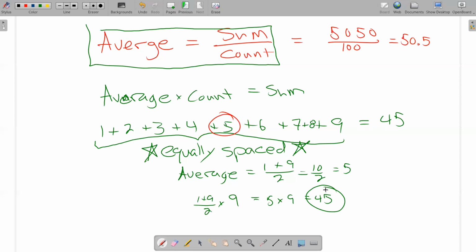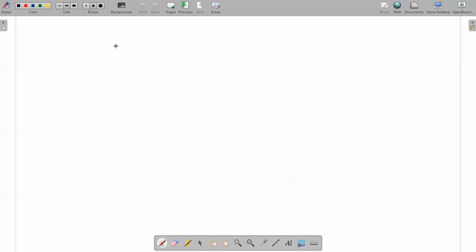And it doesn't matter whether the spacing is 1 or if the spacing is 2 or 3 or 4, as long as all the numbers are the same space apart, one after the other, this is always going to work. So I'm going to show another example of that. So let's suppose I start with the numbers 1, 3, 5, 7. So here you can see I'm adding numbers up that are equally spaced. We'll even go one more, plus 9. So my claim that this sum right here is going to be the first term plus the last term divided by 2, right? That's the average value because they're equally spaced. And then if I multiply by the count,